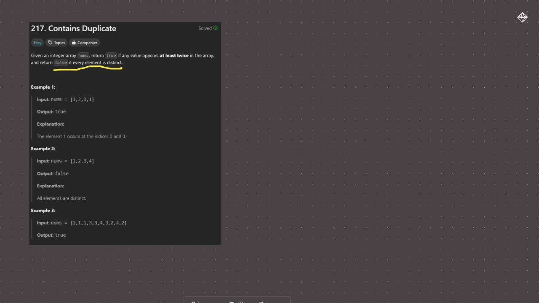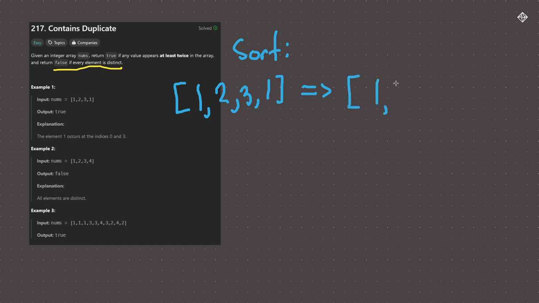And now let's cover a second approach, which would be sorting. So we can sort the array. Now, for example, we take the same first case, and then we run this through our sorting algorithm, and we now get 1, 1, 2, 3. Now, the nice part about sorting it is now your elements,